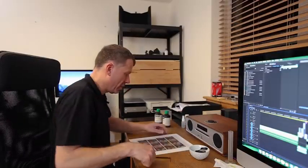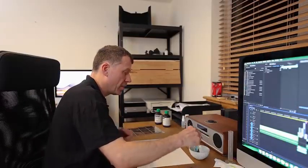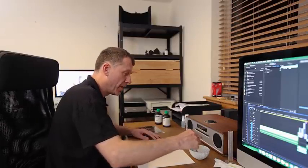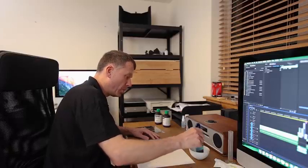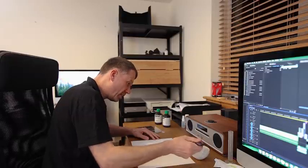the print's finished. And what that does is it just shows us where the area that we need to cover with the chemicals. So this is the fun bit. However, I originally thought that it was just going to be a case of sloshing the chemicals on, but in the experiments that I've been doing over the last couple of days, it's quite important to get the right technique here. So, doing some research and my own